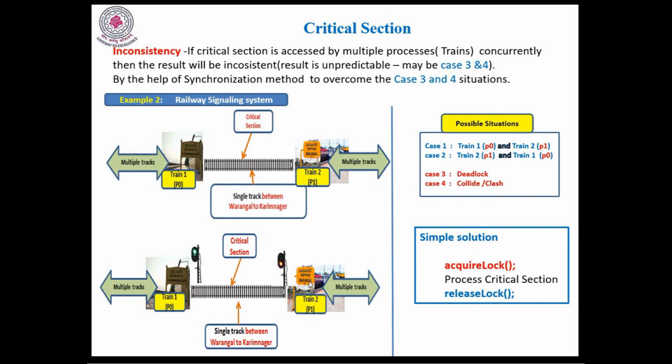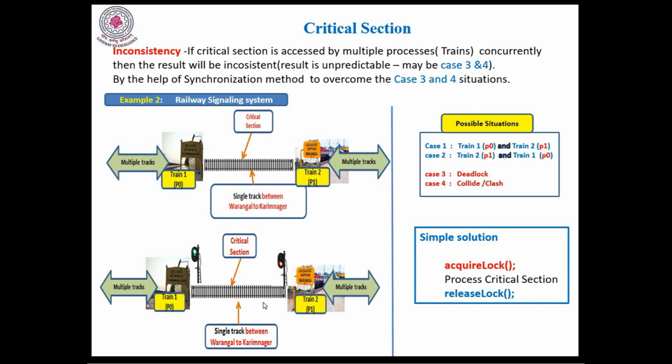It indicates that train 2 should not enter into the critical section. Once train 1 exits from the critical section, then he will release the signal. That signal indicates that train 2 can enter into the critical section. Like this, the process can continue. This is one of the possible solutions by introducing a signaling system. Whereas if there is no signaling system, there could be 4 possible situations. If there is a signaling system, there is a possibility of only case 1 or case 2, then it will be a safe state only.